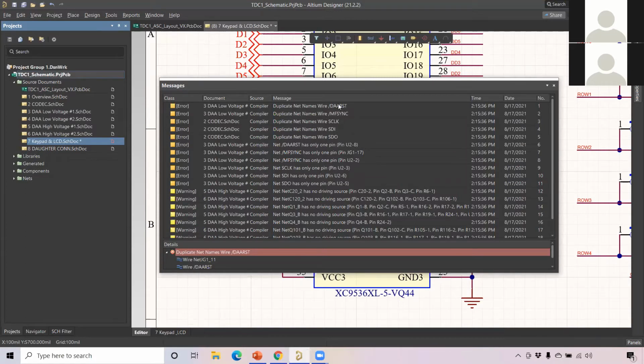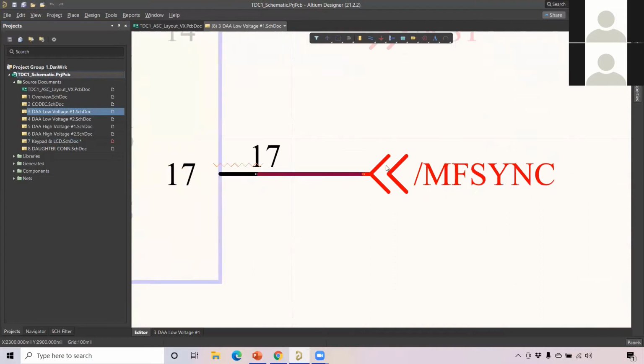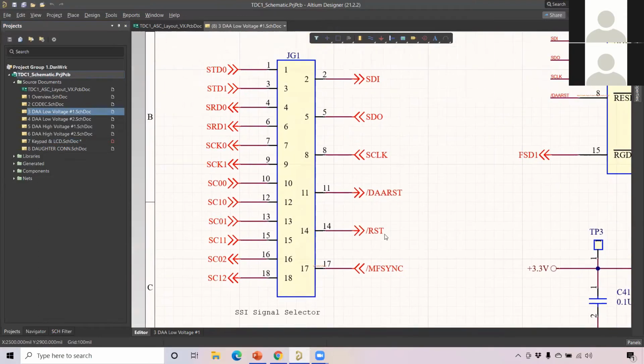So next I can see there are some errors continuously. So let me click on this MF sync error, double click on it. Then I can see, because this is from the off connectors. Altium doesn't recognize these off connectors, because usually we will give the net label name for all the nets. So there are no net label names to verify it off.